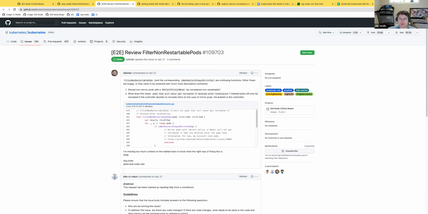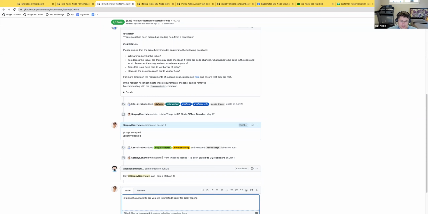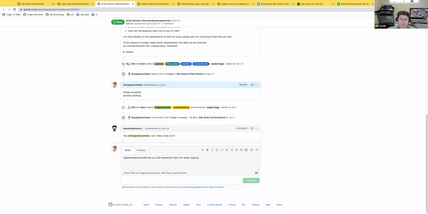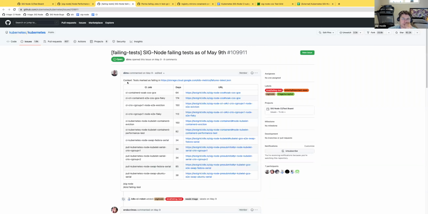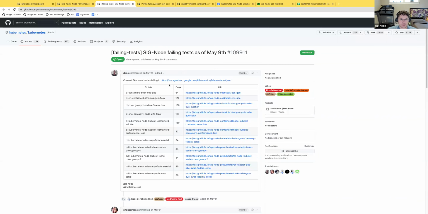Filter not restartable pods. Okay, it's just another big overarching issue.